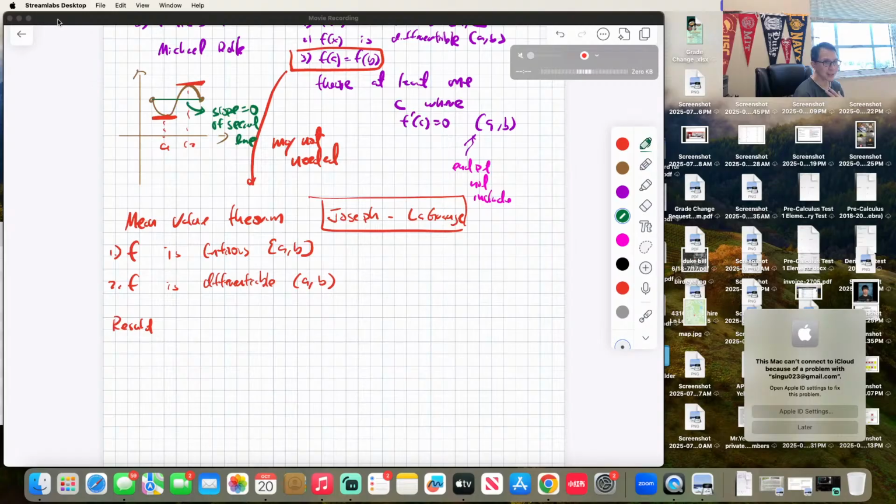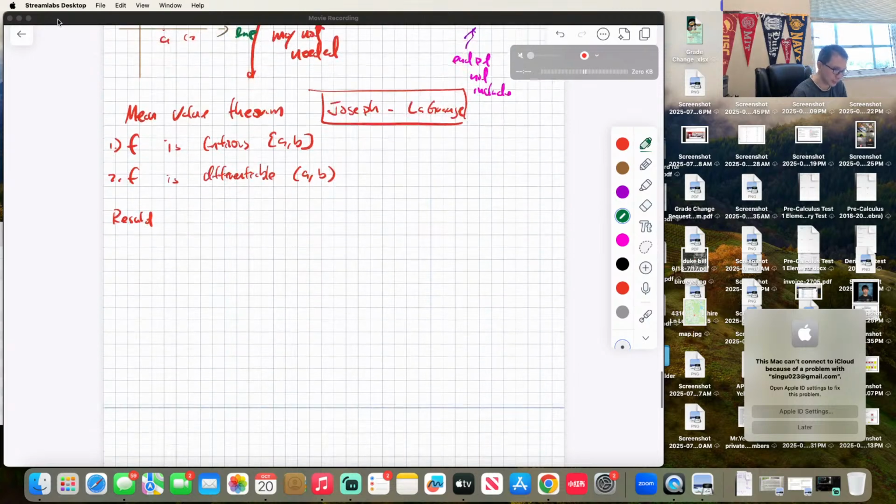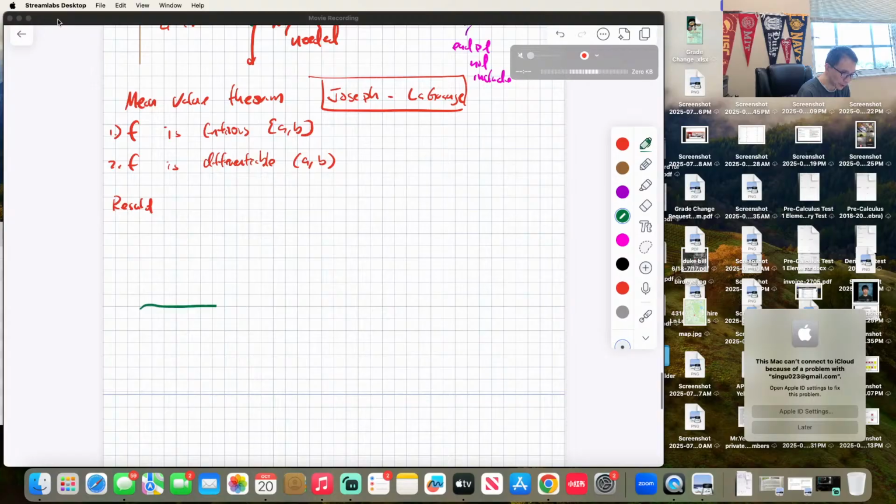So what I suspect is that Lagrange was kind of lazy. He maybe just moved the paper into a different orientation. Instead of f of a equal to f of b, he says f of a and f of b like this. So he kind of tilted the paper a little bit, or tilted his head a little bit, whatever. He says, well, if I can find the slope between those two green dots,